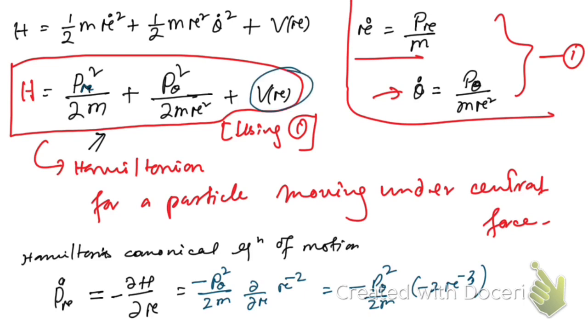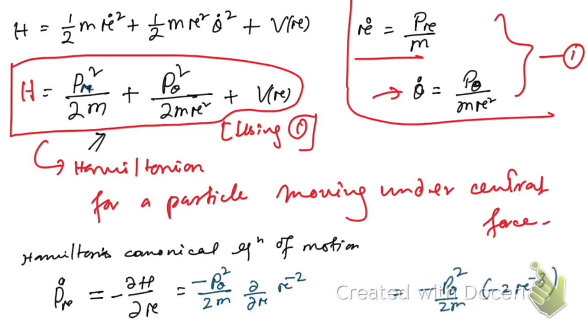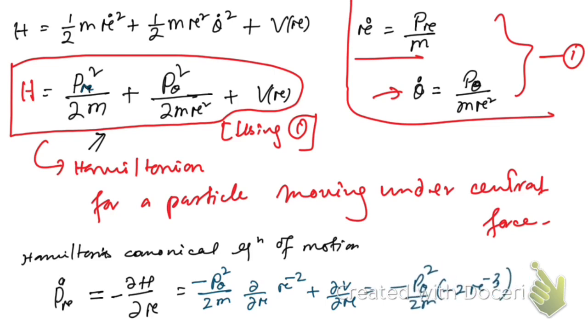Then we have potential VR, which is a function of R. So that's why one more thing we should have here, that is plus del V by del R, right? So here we're going to have del V by del R. Just wait. Del V by del R. So now this minus, that's going to be plus, right? And after differentiation, we're going to get P theta square by twice M R cube, sorry, here these two going to be cancelled, right? So what we're going to get, so we're going to get PR dot,